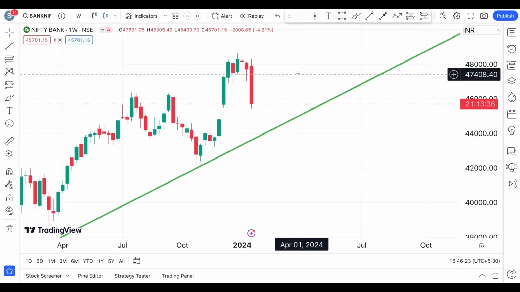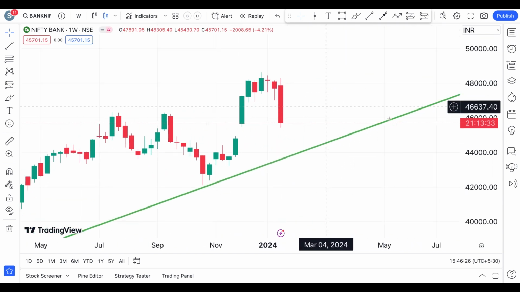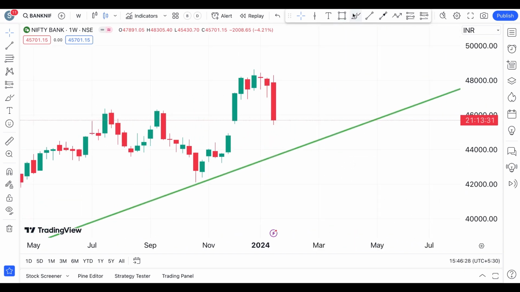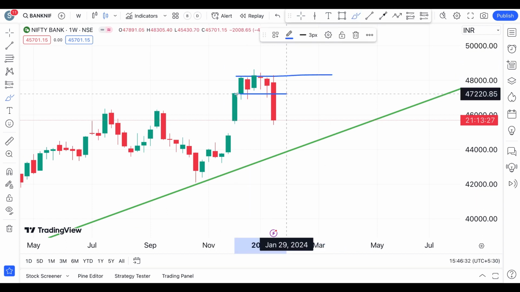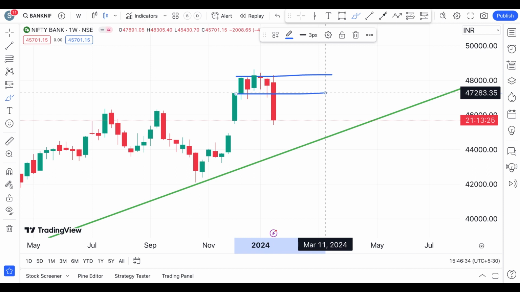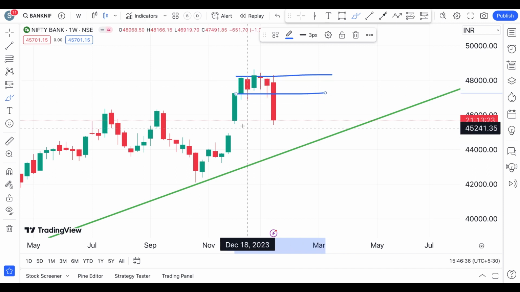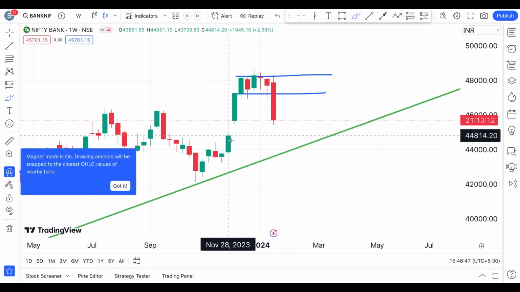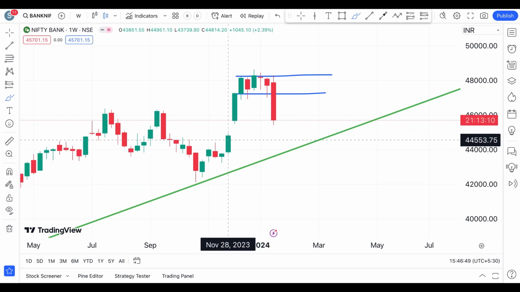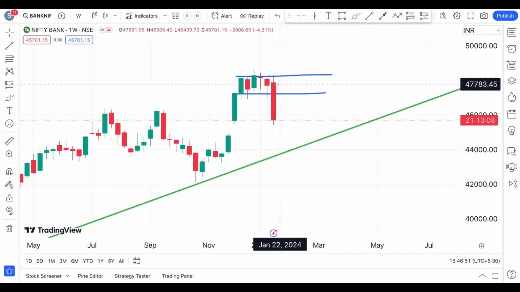In last week's special video, we discussed that the direction of the Bank Nifty is not very clear, but it's definitely not bullish. So if it comes down, this is the level which may act as a support for the Bank Nifty, because there is a huge gap in between November and December on the weekly chart. Now, if you notice, the Bank Nifty is out of this zone and has given us a close